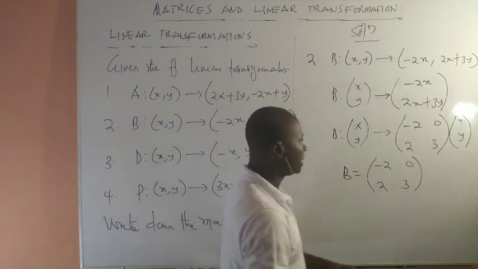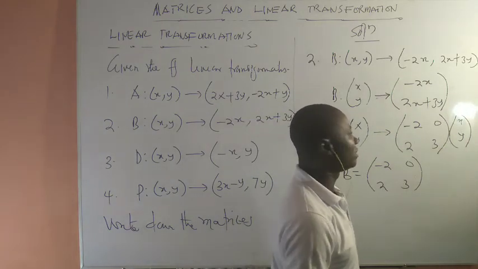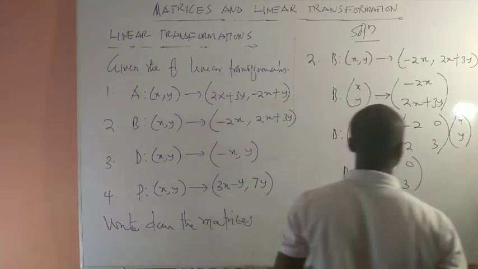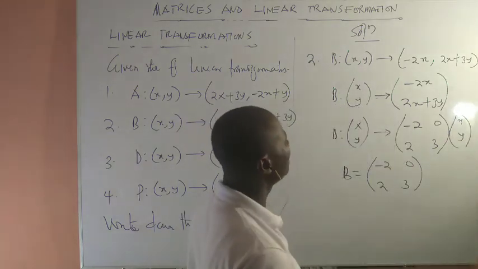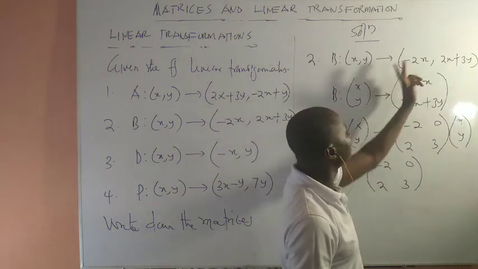Now when you multiply the matrix minus 2, 0, 2, 3 by xy, you are still getting back the same expression. You can try that and see. And so it's very important, please take note. I told you that when you are given the linear transformation, the comma separates the first row